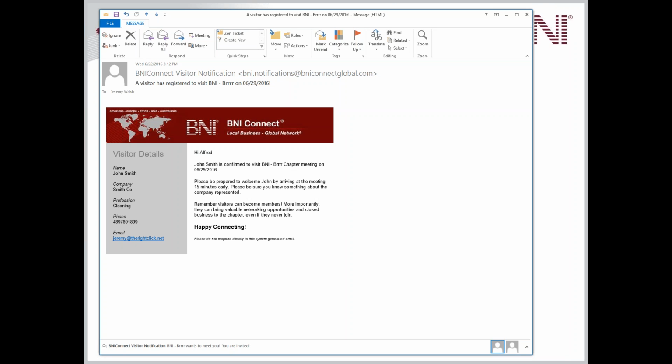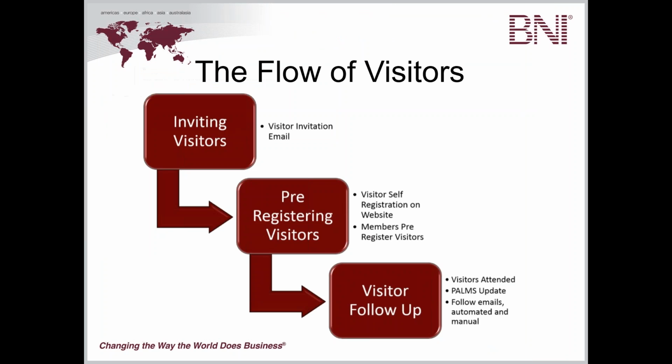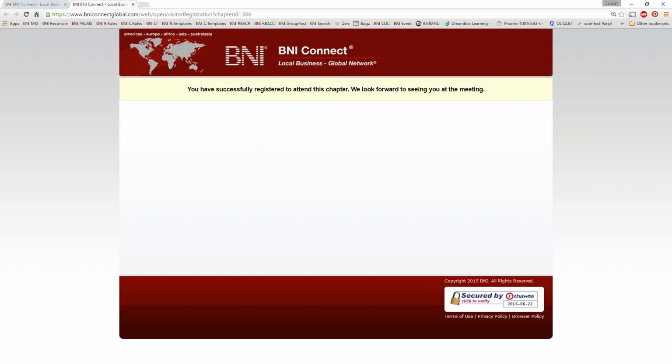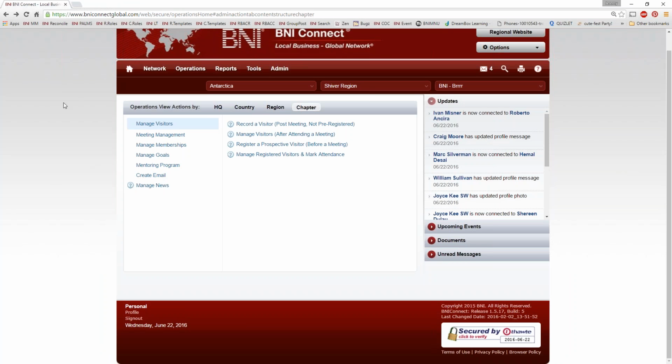So if the visitor doesn't end up registering themselves for the meeting, one thing that you can do is you can also register a visitor for the upcoming meeting. Now you do that still through this operations menu. So again, data entry is always done under the operations menu. And where we're going to go to here is right here in the first section, manage visitors. And there is one here that most of the time only visitor hosts can see all 4 of these options, but just about everybody, I believe, should be able to see this one option that says